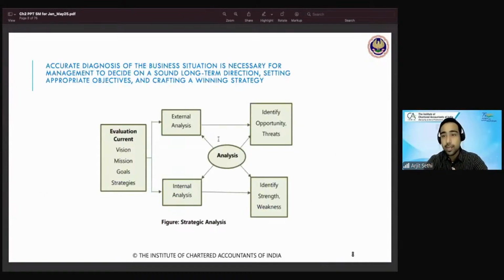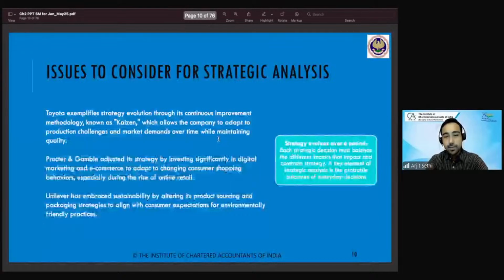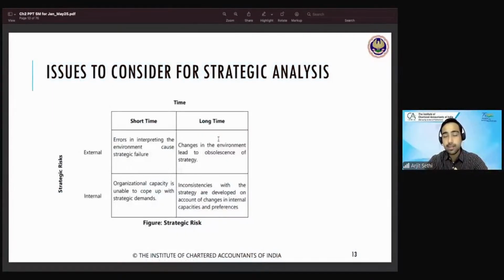Then it takes you to two kinds of risks. The two kinds of risks you see when you do a strategic analysis are external or internal. Within external, you have either the short term impact or the long term impact. There can also be an internal long term impact or an internal short term impact. It really depends on what is happening. If the environment is changing altogether, it is long term external. If your interpretation of the environment is wrong, it is short term external. If the capacity is unable to meet the demand, you projected that you won't be successful, but you are highly successful.